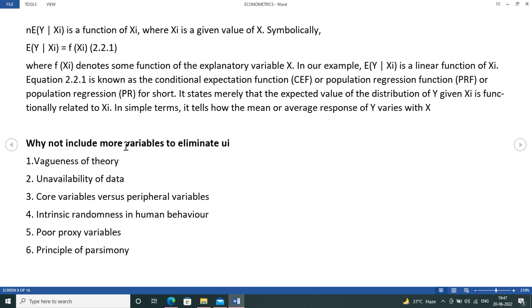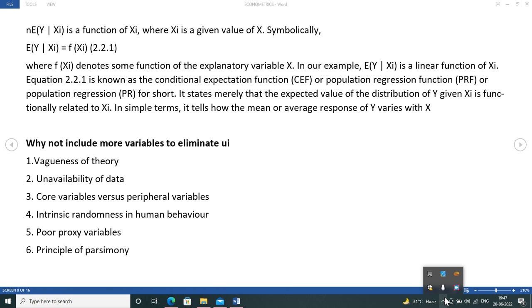So it's very interesting to note that it's not possible to eliminate UI or randomness altogether, but rather we should make efforts to decrease UI. That's what this lecture deals with. In the next lecture, we will deal with the SRF and how SRF can be used to estimate PRF. After that, we can basically